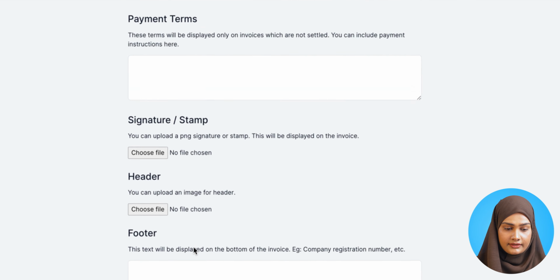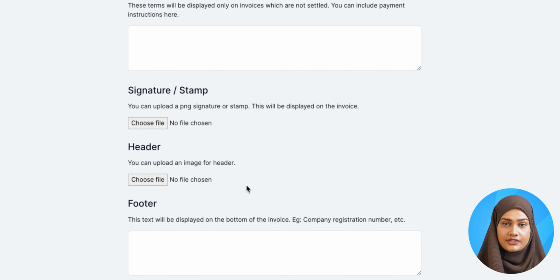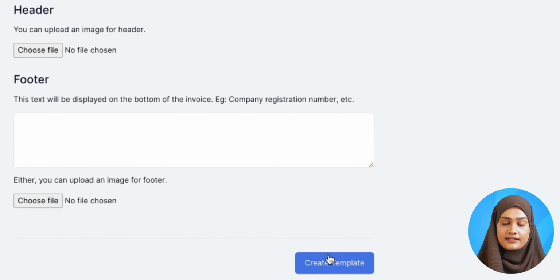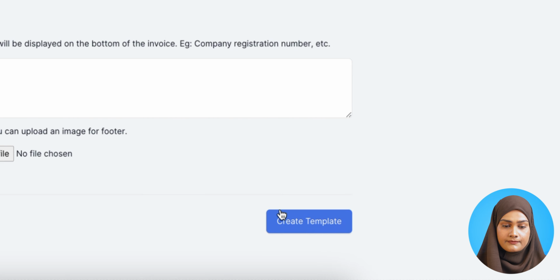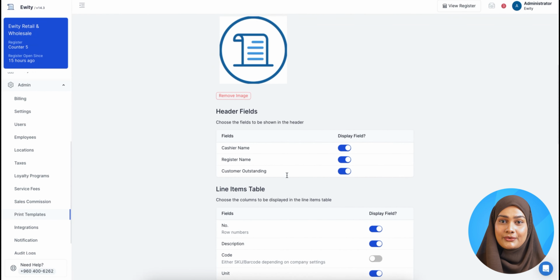Then upload the file of the signature or the stamp if there is any. After that, go ahead and select create template, and that's how you create a standard